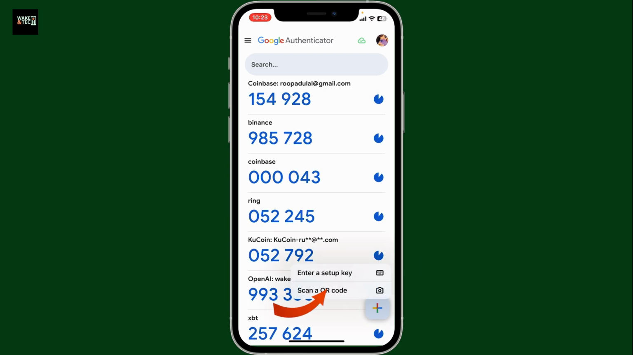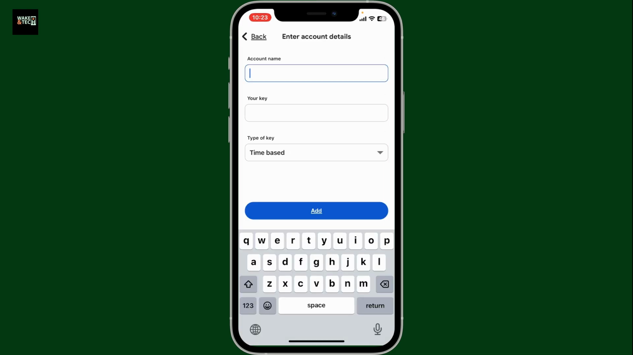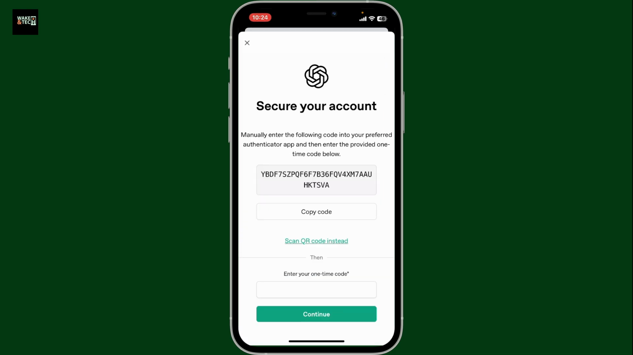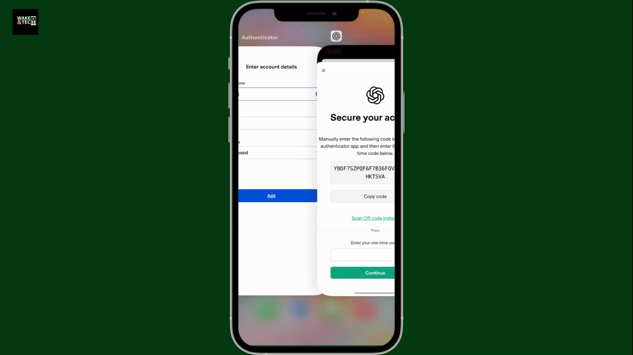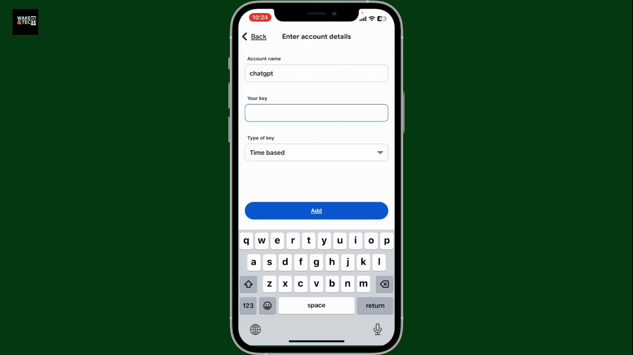Click on Enter a setup key or scan the previous code by tapping on Scan a QR code button. I'm just gonna tap on Enter a setup key option. Now you can enter your account's name. I'm gonna choose ChatGPT. Copy the code that you previously generated from ChatGPT and then enter it in the authentication